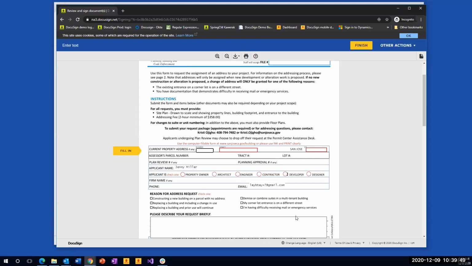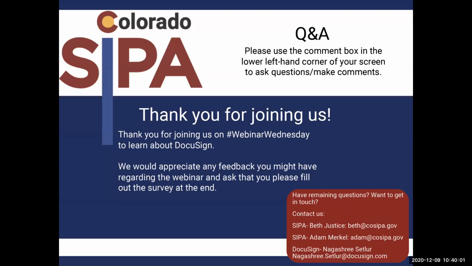Thank you, Leboon. Any questions so far from the audience based off of what they just saw? It did look like we had a couple of questions file in. The first one that I see here is, are there any limits on the number of templates that we can create or the number of recipients on a specific document?